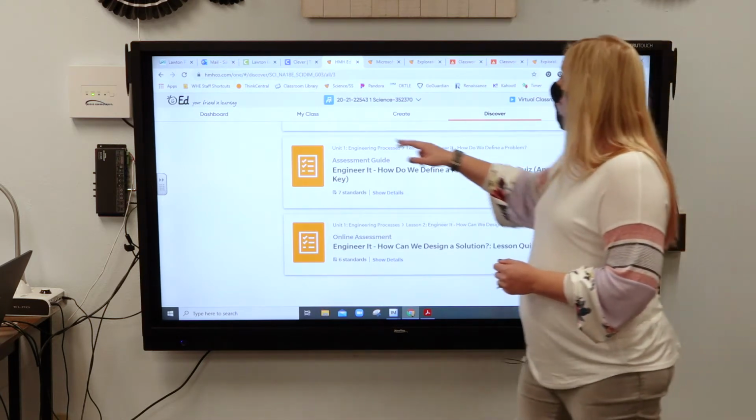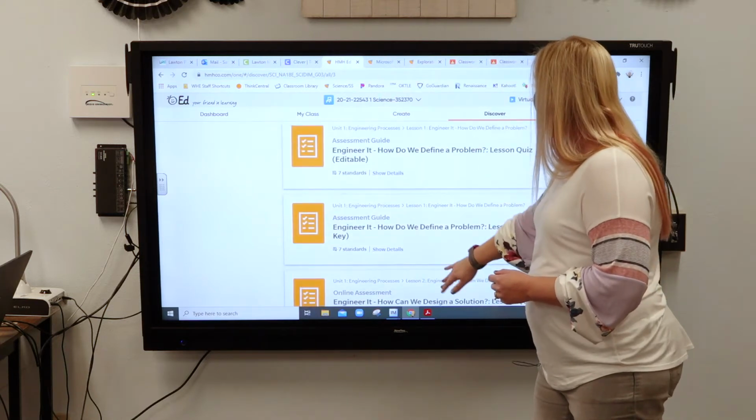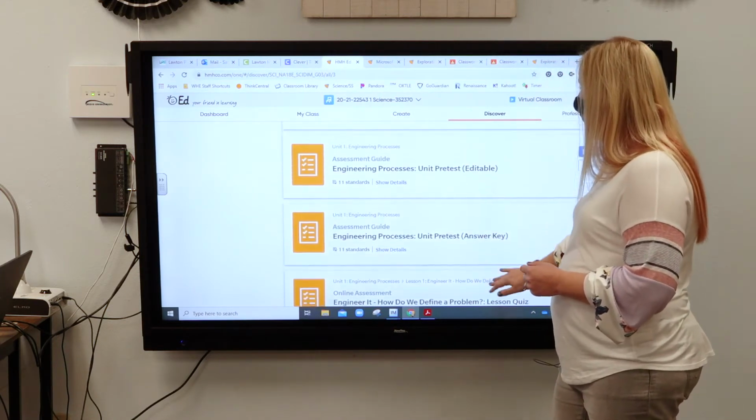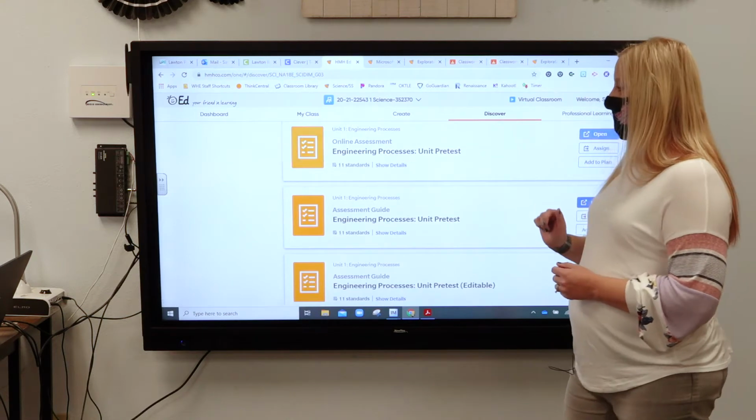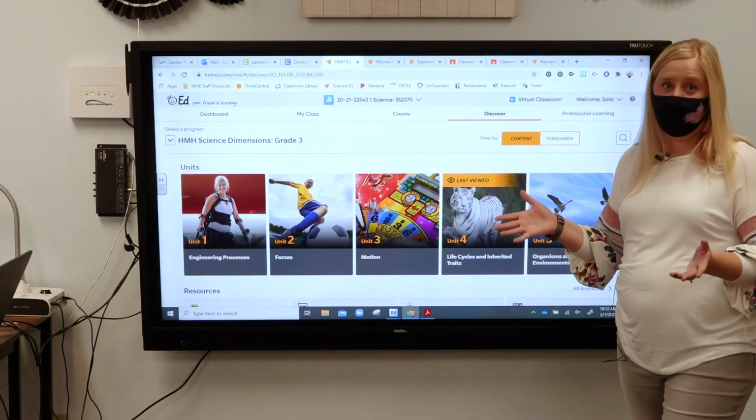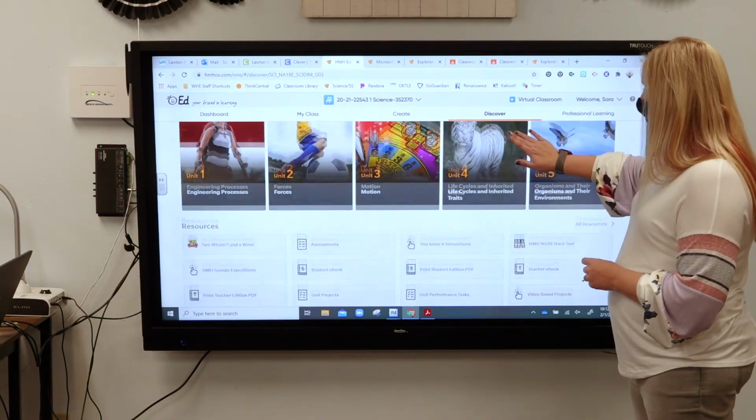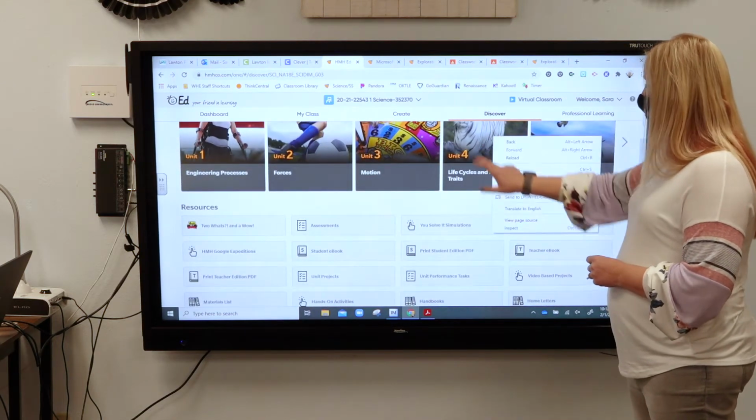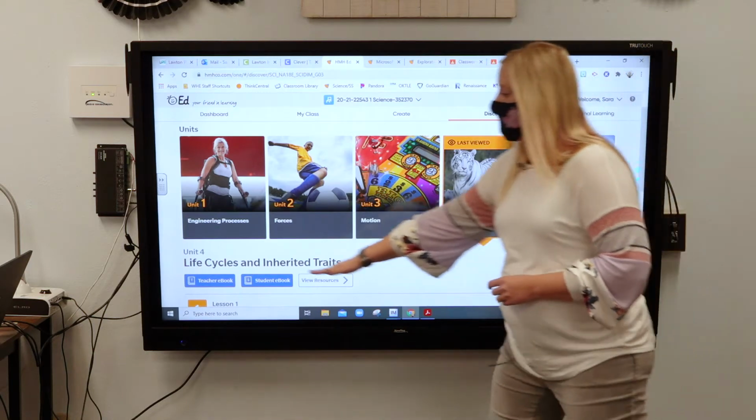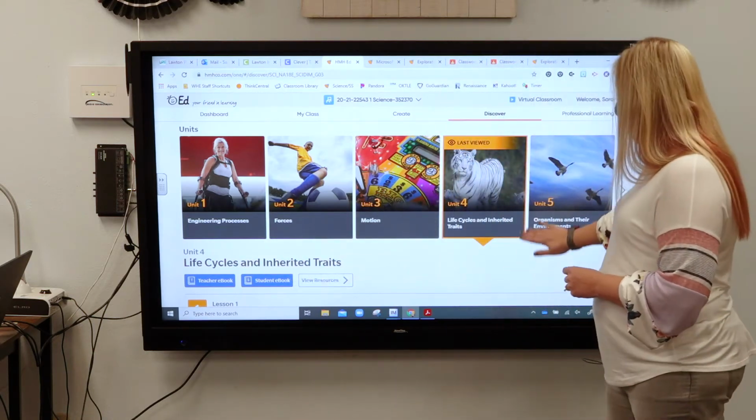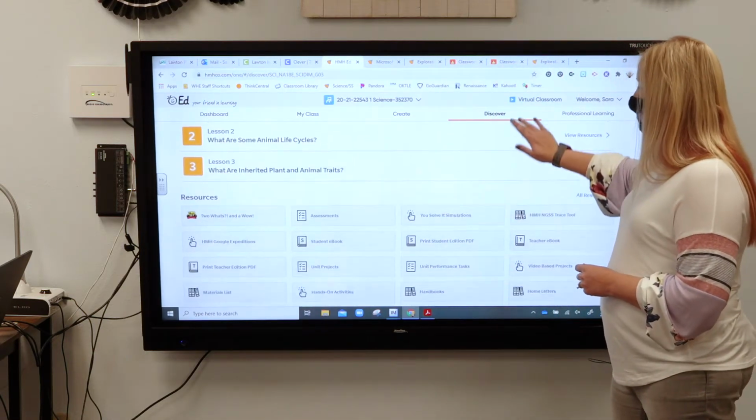All right, when I'm done with this, it's easier for me to go back and just click Discover and go back to the main page instead of having to re-navigate through everything. And again, I click on the unit that we're working on so that I see the teacher ebook and the student ebook. And we'll scroll to